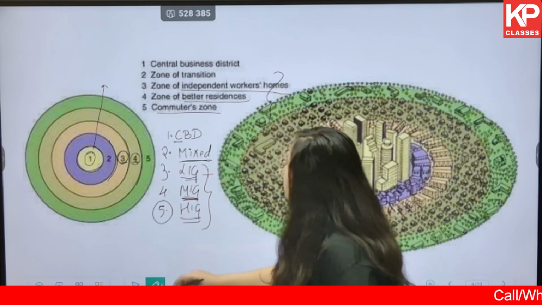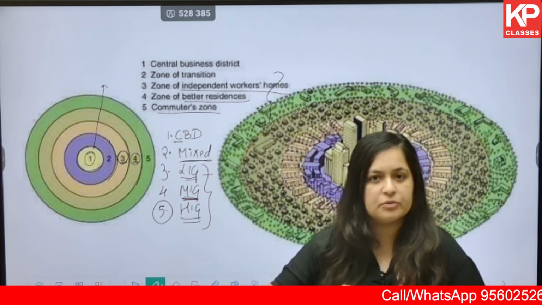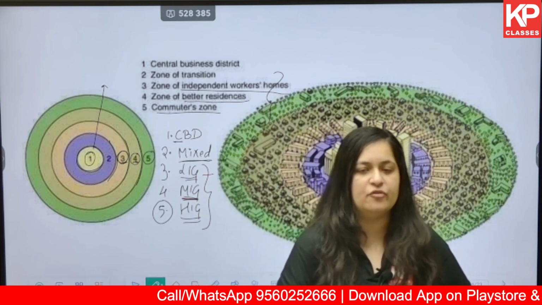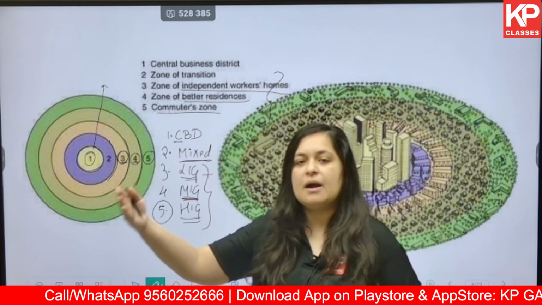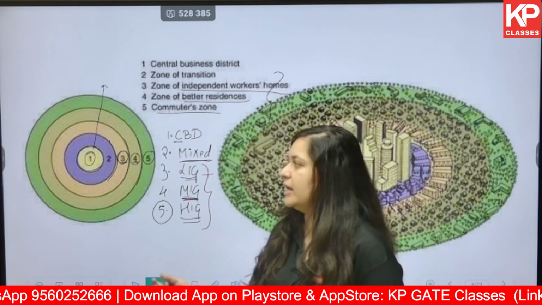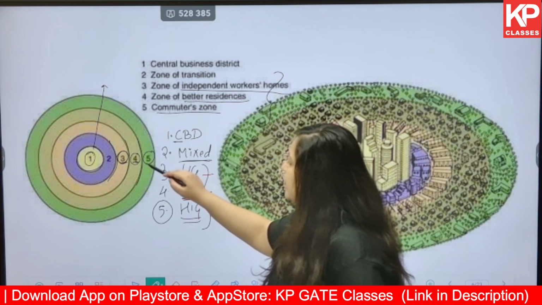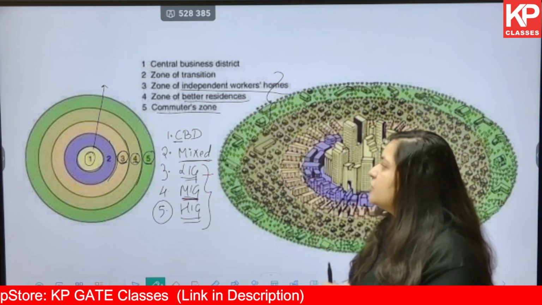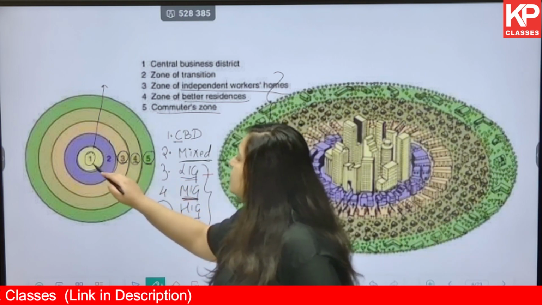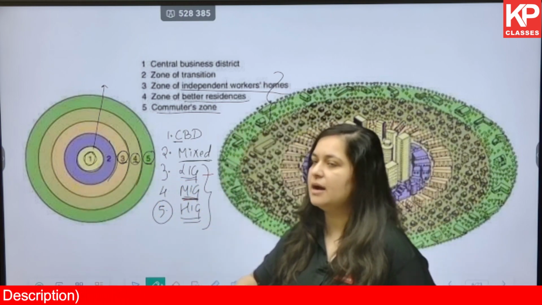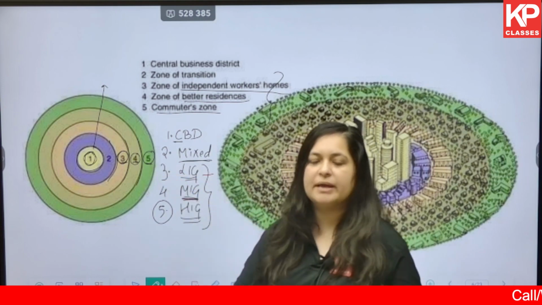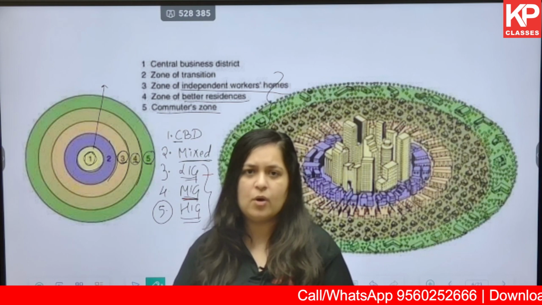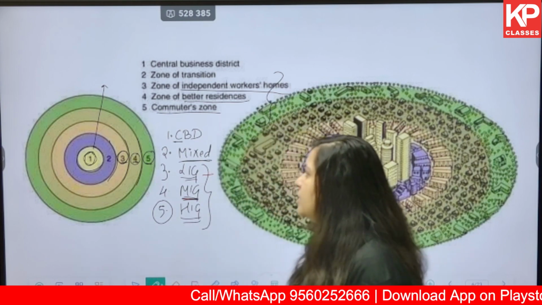Next is the HIG zone, also called the commuter zone, meaning what? They are okay to settle down far away from the CBD and they will be commuting to the CBD for their work. So they have enough amenities, enough infra, or you can say enough assets. You have vehicles, you have enough time so that you can travel to the CBD and come back. They basically want bigger land parcels to construct their house, park their vehicles, and they want green spaces. They want to live away from the congestion.